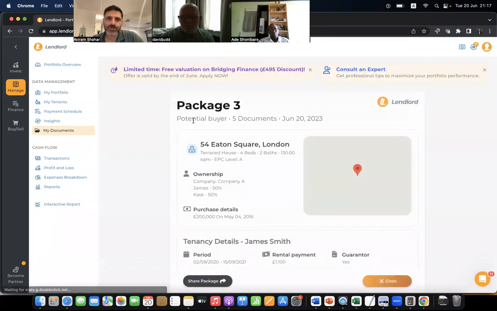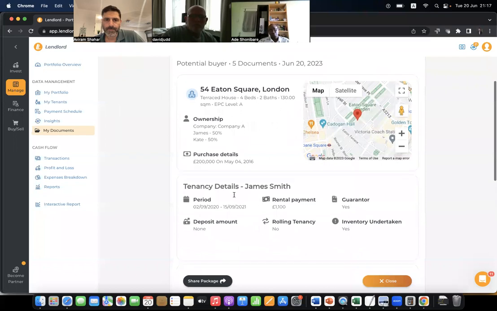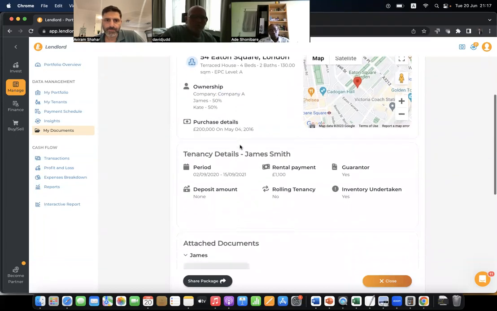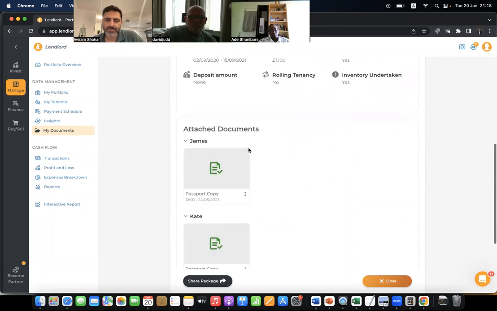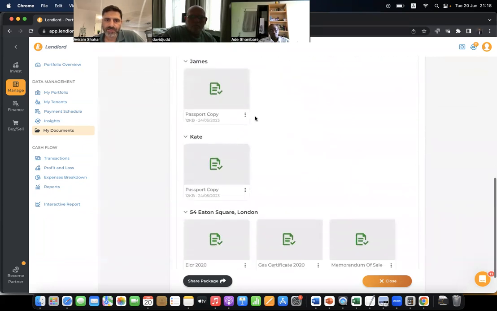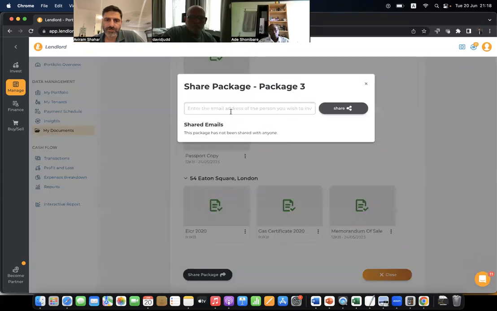Then the platform will take some of the details from my portfolio on this property, the tenancy details, and the documents you decided to share. Then you need to click on Share Package and put in the email address,